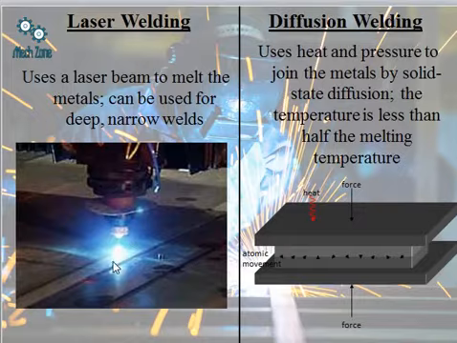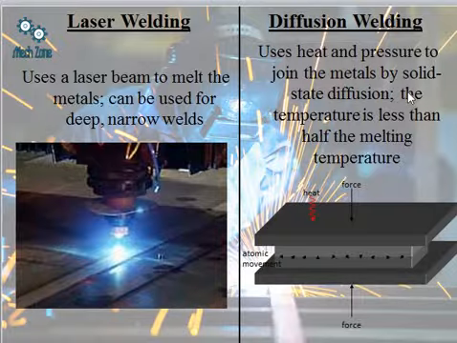So since the laser has the capability to penetrate deep inside, therefore we use laser beam welding also. Diffusion means the transfer of molecules or atoms from one material to the other. So we are using heat and pressure to join the metals by solid state diffusion. The temperature is less than half the melting point. This is a very important point that needs to be remembered, that here the temperature is less than half the